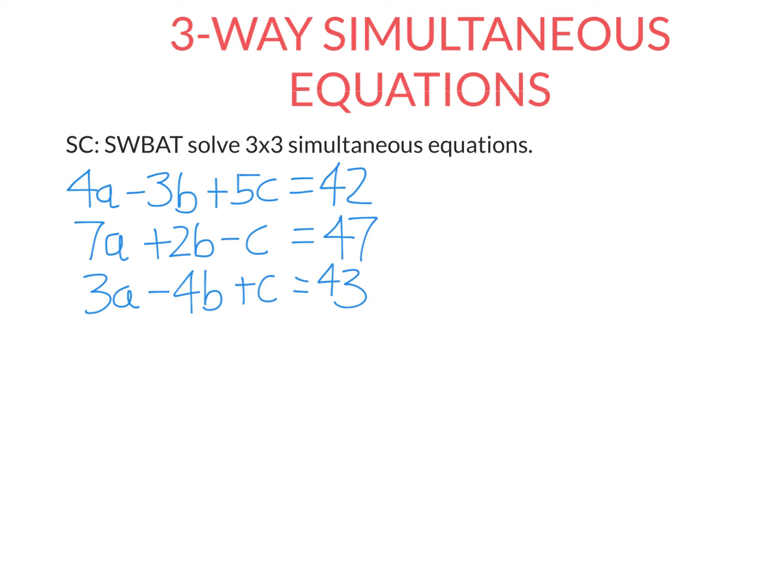Thank you so much for tuning into this video in which we will look at solving a 3x3 system of simultaneous equations. Here we have 3 equations and 3 variables: a, b, and c. Now I want to solve this using the elimination method. What I want to do is eliminate one of the variables and reduce this to a 2x2 system of equations. I want to reduce this to 2 equations with 2 variables because we already know how to solve that from